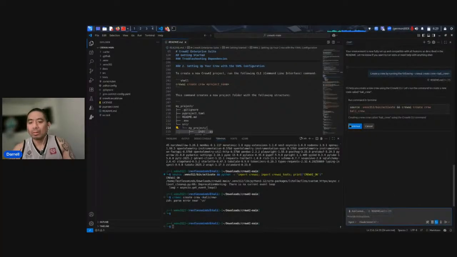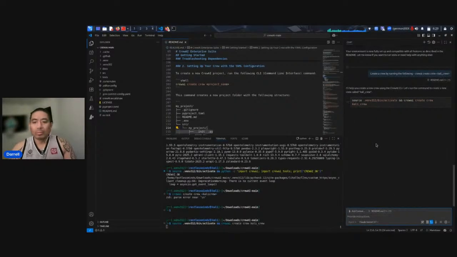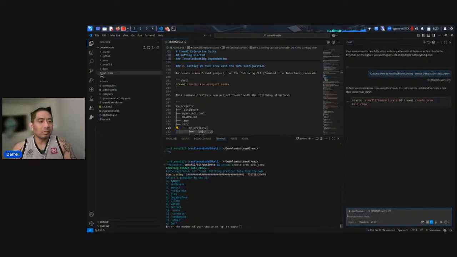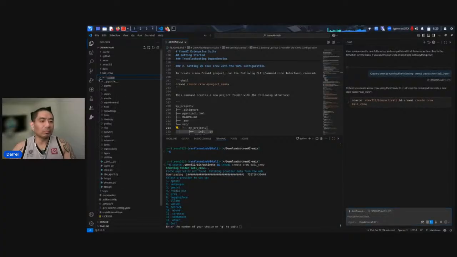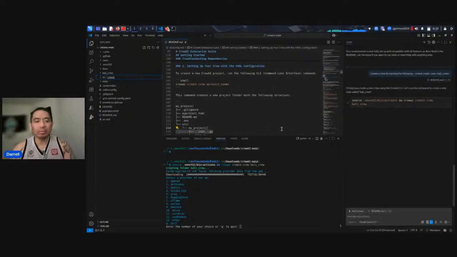Okay. So it's either going to be, oh, never mind. I was going to say, normally it gets stored into the src main folder, but it's actually creating its own directory itself inside my CrewAI main folder.